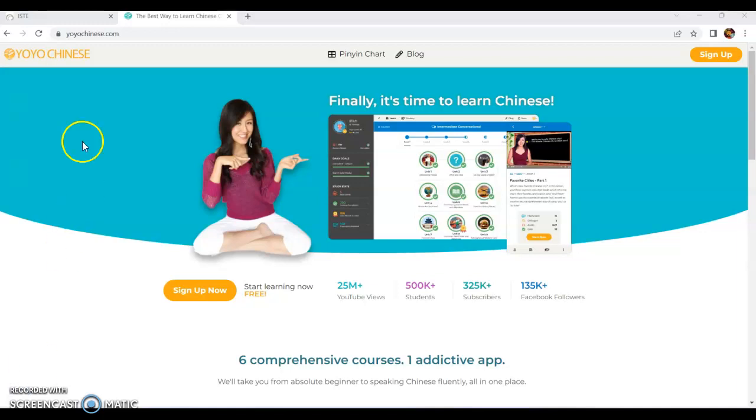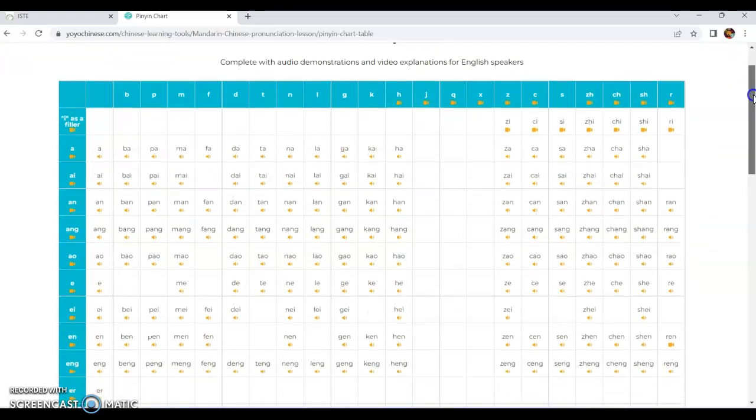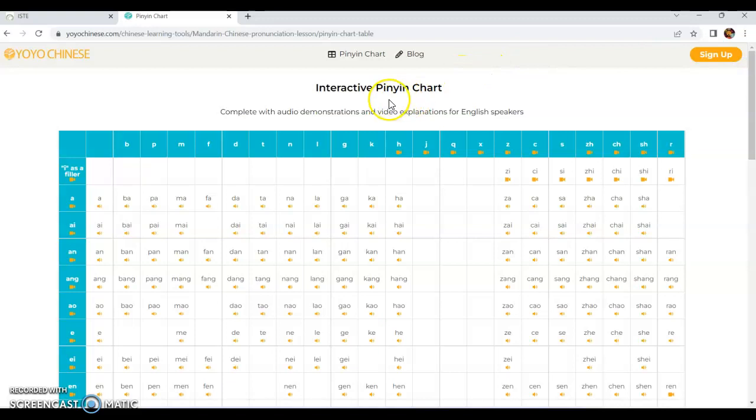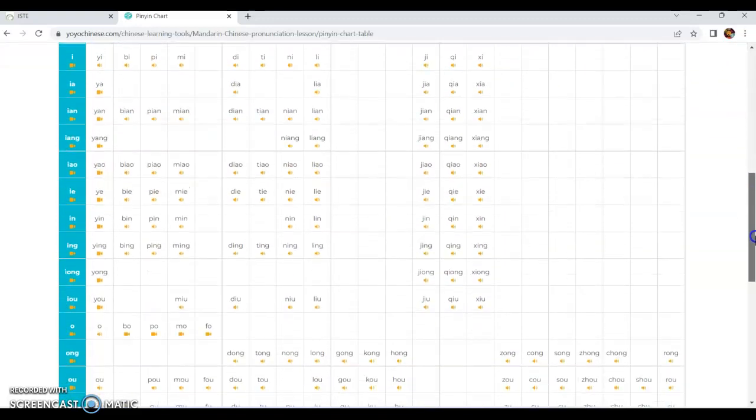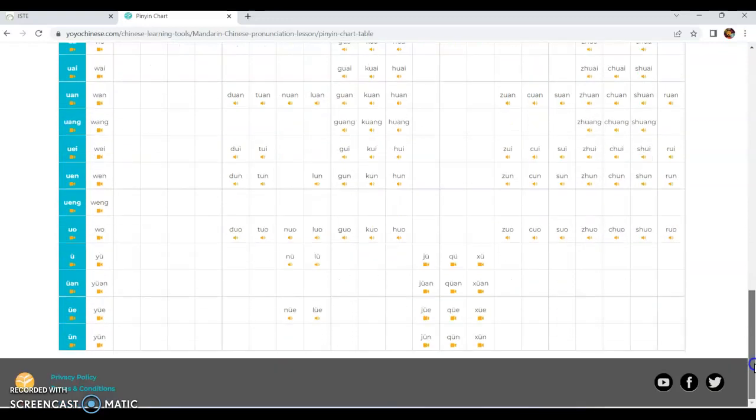This technology is called uuchinese.com. By searching Chinese pronunciation, I came across this lady. She teaches very good Chinese pronunciation, so I dug into her teaching, and I found her website, and so this is a very complete Chinese pronunciation pinyin chart, and she gave it for free, so students can use this to practice their pronunciation on their